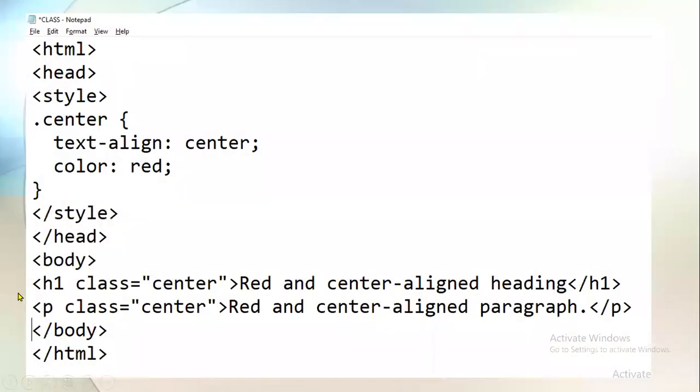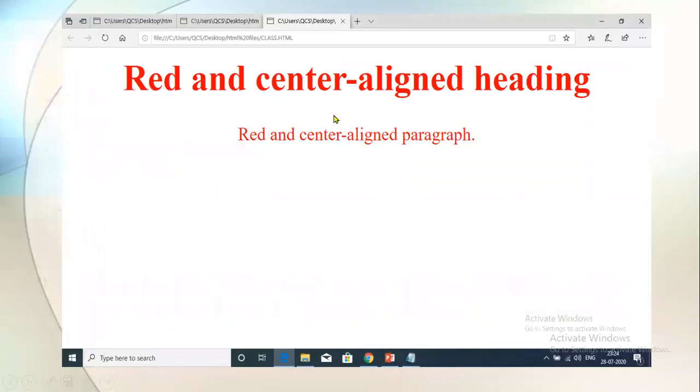How can we do it? For example, here you can see on the screen, under the body tag, I have an H1 tag and a P tag. Here I have assigned class center to both of the tags. A class can be the same for any number of elements. However many elements you wanted to put in the same class, you can assign that class to those elements. Under the style tag, to access the classes, you will use the dot operator. You will write the class name here. After that, you will start curly brackets. Under the curly bracket, you will define the properties. You can see the properties have been applied to both of the different tags.